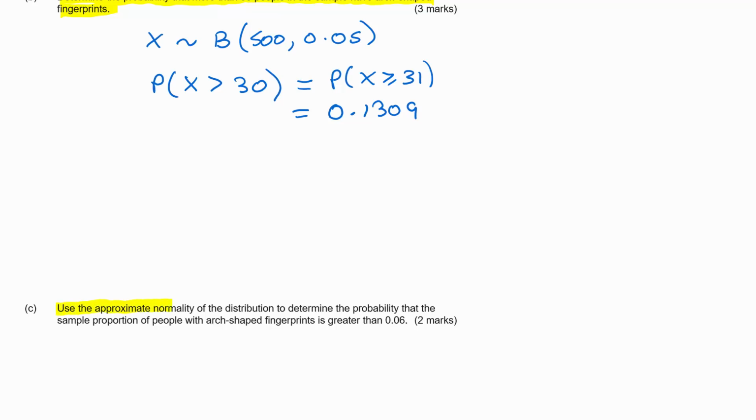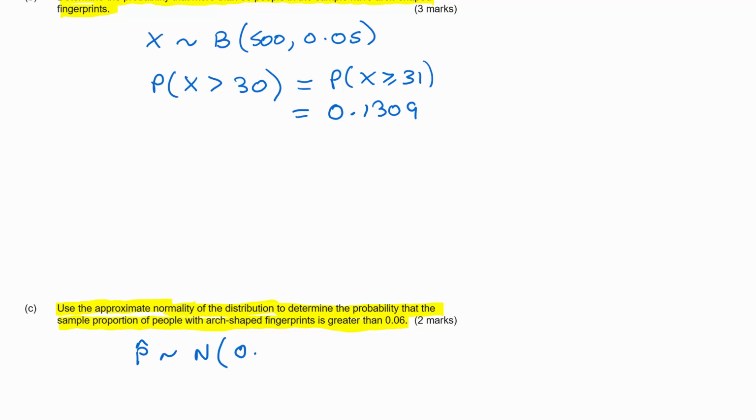Use the approximate normality of the distribution to determine the probability that the sample proportion of people with arch-shaped fingerprints is greater than 0.06. So, p hat is going to be approximately a normal distribution